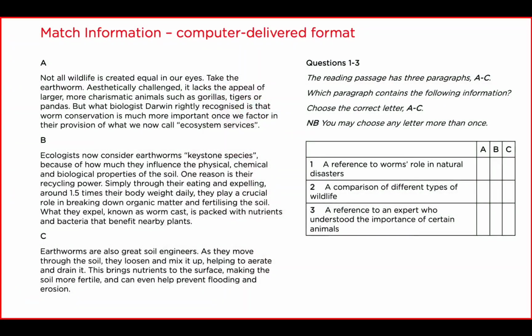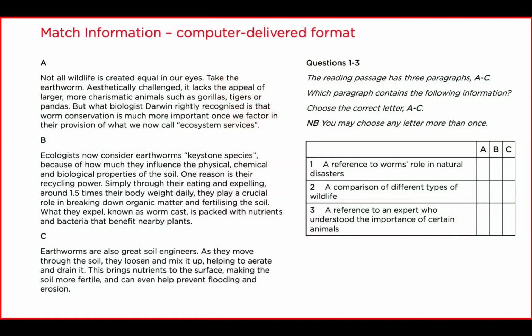information. So it's possible that paragraph A contains 2 of these bits of information, maybe even 3. It's also possible that paragraph A contains none of the information. So keep that in mind. The question is just, where is it? Now on the computer delivered version, your job is just to click here and it will tick the column for you. So if you find this information in paragraph C, let's say, you'll just click on C and the tick